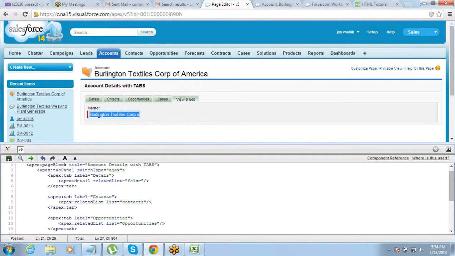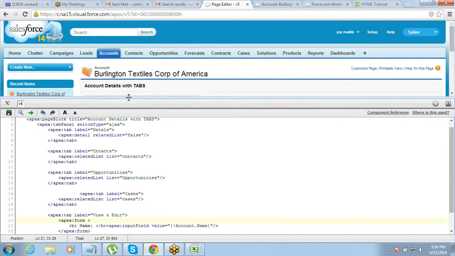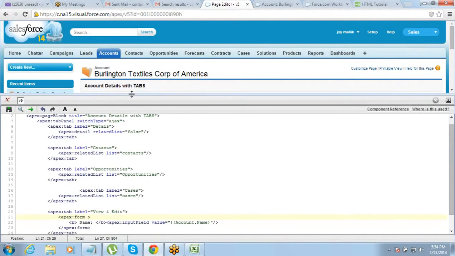This time it's an input field. You can enter the data from here. So this way you can bring in other input fields. As of now we have not given an option of save here. We have just given an option of entering some value, but for saving again we need an action. So if you want to edit or enter some data, you should use an input field under form.